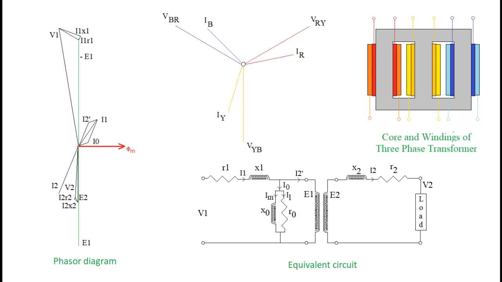This explains the theory developed in single-phase transformer would be applied to three-phase transformer with keeping time sequence of all phases in mind. Further, the phenomena of automatic ampere turn balance also occurs in same way as in case of single-phase transformer. This implies that if a balanced load is applied to secondary side of transformer, then balanced load current shall be drawn from secondary side of transformer. Due to balanced load current, extra current drawn from primary I2 dash to nullify the ampere turns effect would be balanced current. Balanced load current means all three currents from all three phases would be equal in magnitude and lag behind their corresponding voltages by same angle phi 2.